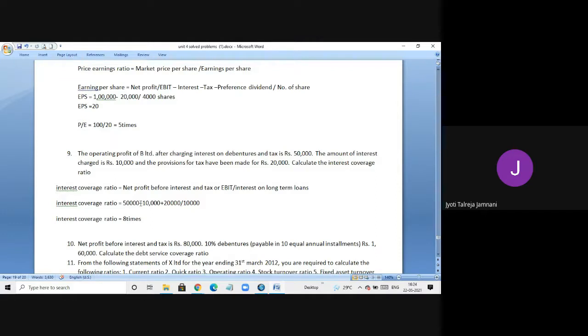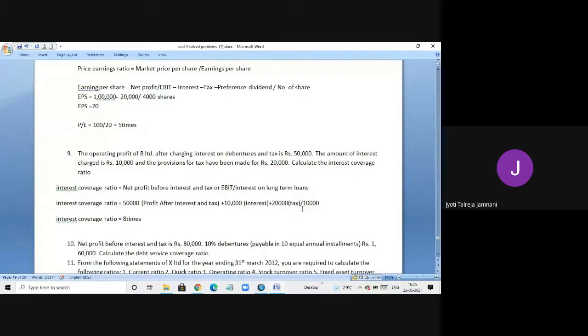I'll mention here if you want what is all this. This is profit after interest and tax. We want before interest and tax, so I'm adding interest back to it and I'm adding tax back to it. So when I add back interest and tax, I'll get the profit before interest and tax. And once I get the before interest and tax, that is EBIT, I can divide it by the interest amount to find the interest coverage ratio. So this basically means I'm earning so much that I can pay the interest 8 times.